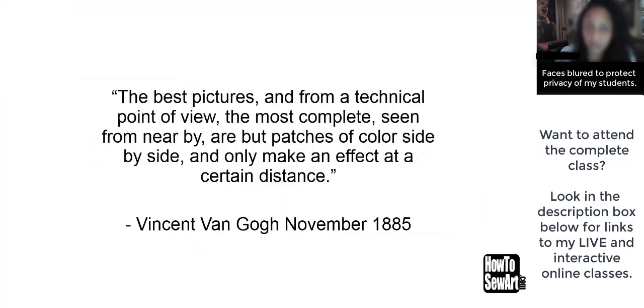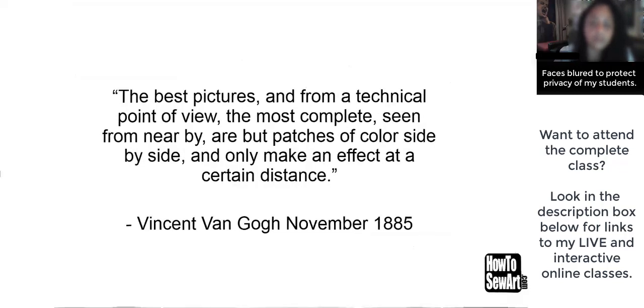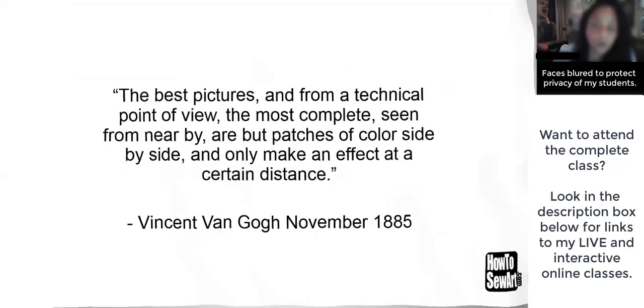So I like the saying of Vincent van Gogh. He said, the best pictures, and from a technical point of view, the most complete, seen from nearby, are but patches of color, side by side, and only make an effect at a certain distance. And that's exactly what we are